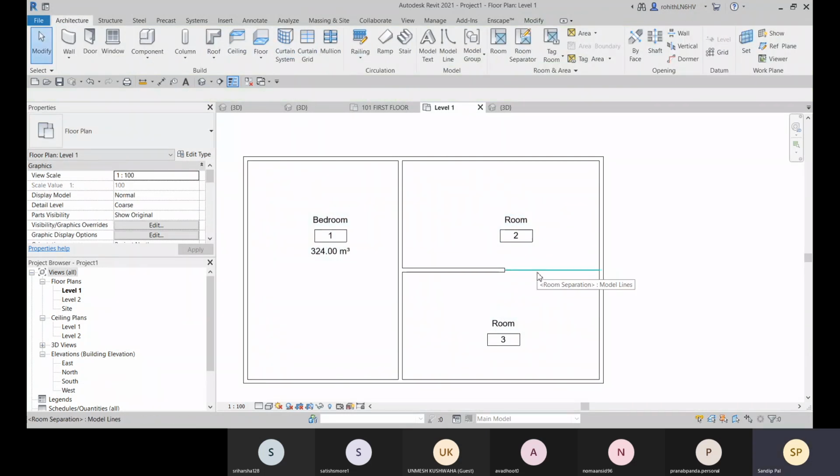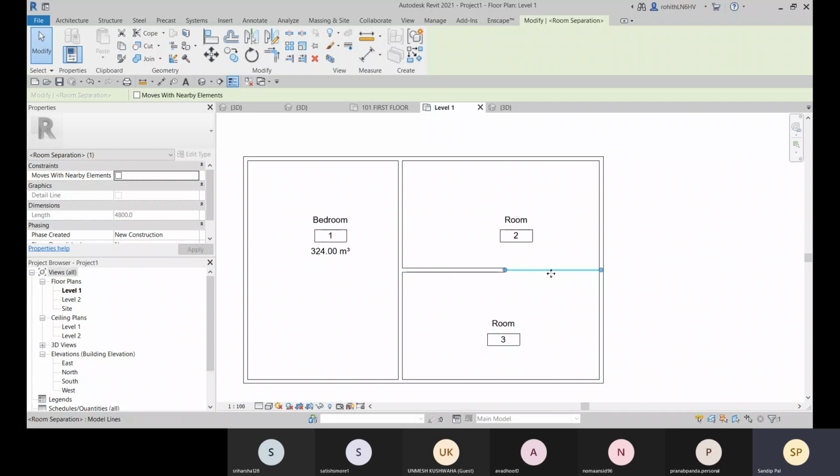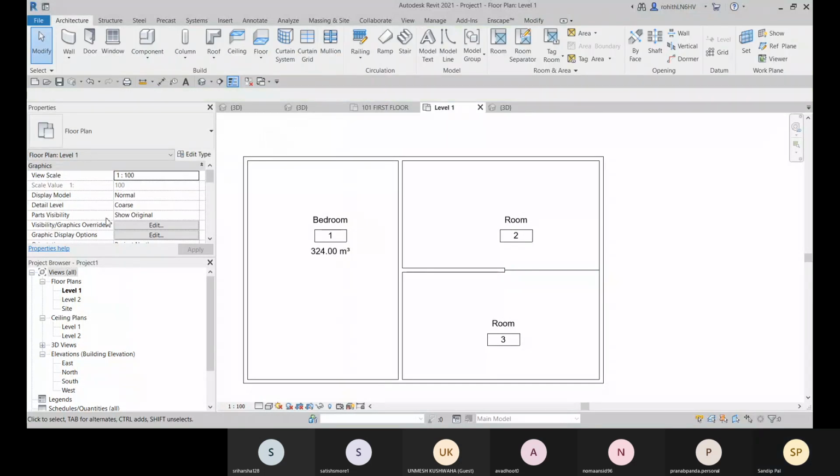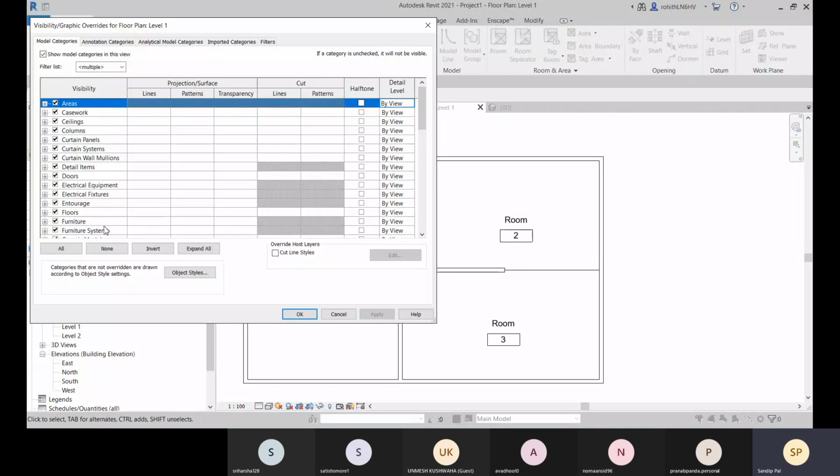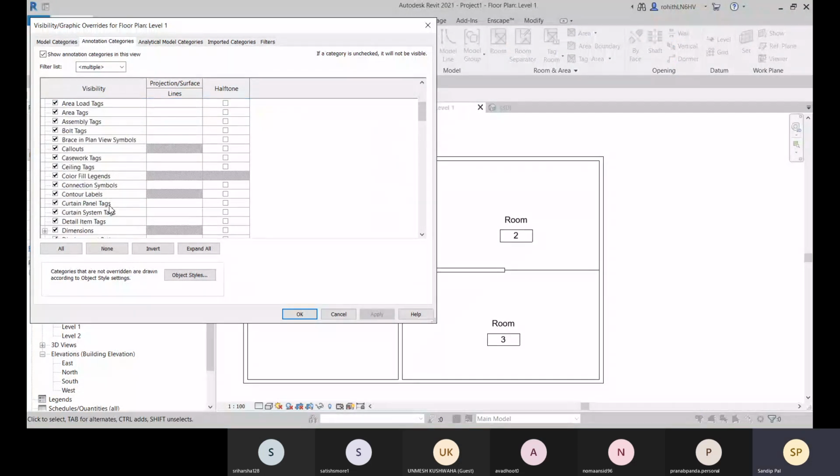But here you can see that this room separator is visible. So what you can do, you can hide it with the option called hide element. You can hide it also, or else you can go to visibility graphics and go to annotation categories.